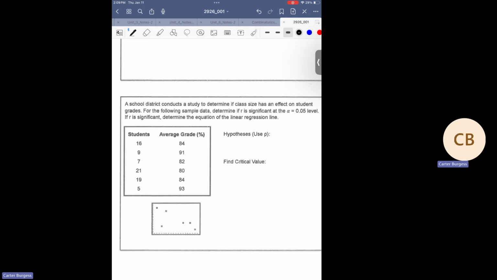Okay, so the null that we have here, H, is that there is no correlation. And the conclusion is because this is bigger than